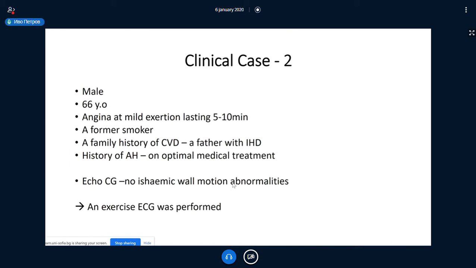The patient has a family history of ischemic heart disease. He was a smoker in the past. He had a history of arterial hypertension. So he has a high probability of coronary artery disease, and he had an exercise stress test